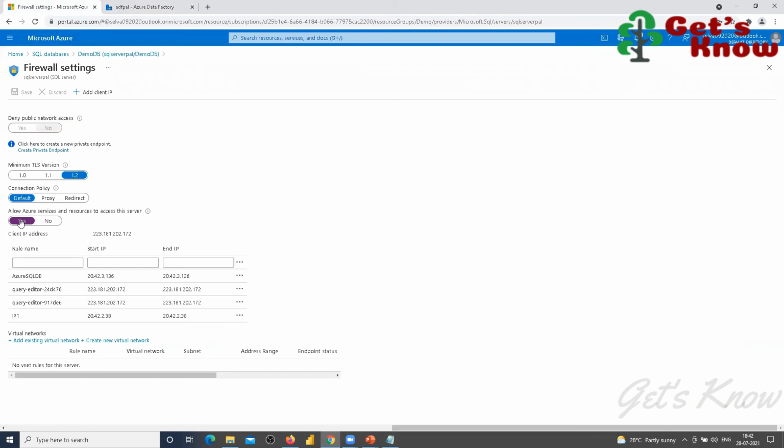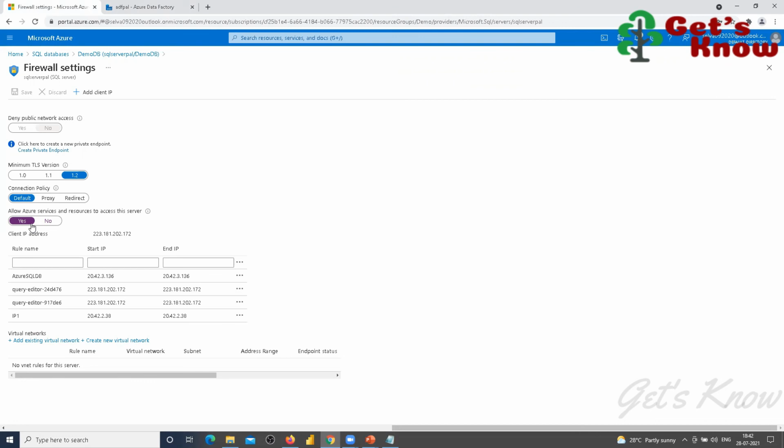So this is an important point. Whenever you are using this firewall setting, you have to confirm whether you want to allow access to the server by other resources. Here, Azure SQL database is a resource, ADF is a resource, Data Lake is a resource, Blob is a resource. Everything is a separate resource. In AWS it is called service; here it is called resources. This resource should be allowed to be accessed by other services.